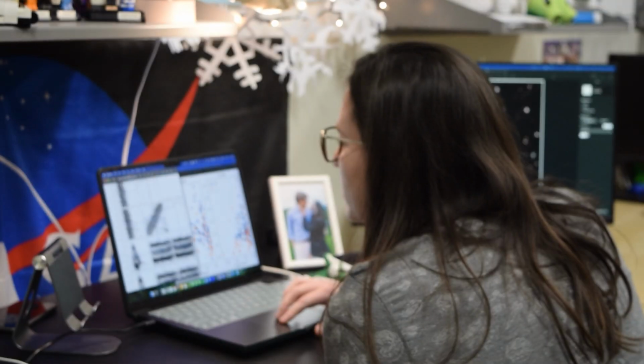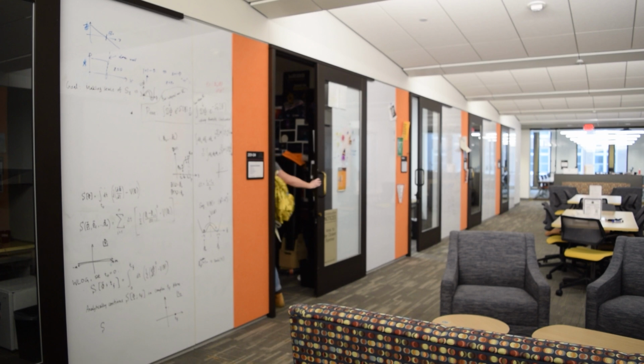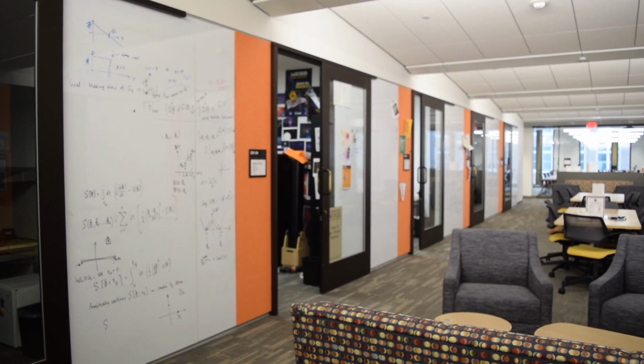I would say that my favorite part of conducting my research is kind of the creative problem-solving aspects of it. So in astrophysics, we can't conduct research in a typical laboratory setting. And that is part of the nature of the work, but it's very exciting because we have to come up with unique and clever ways to get the answers that we are seeking, right?